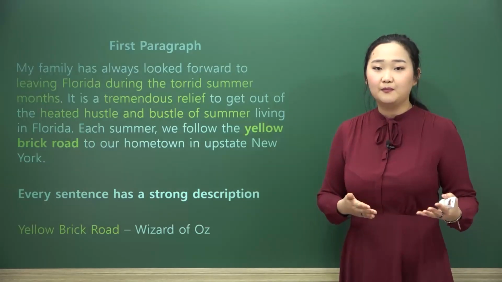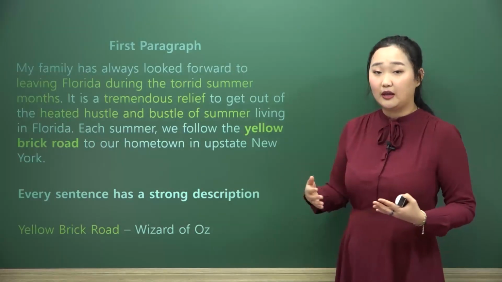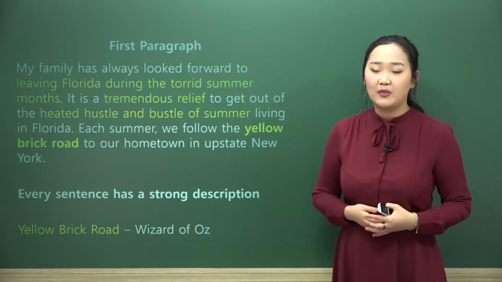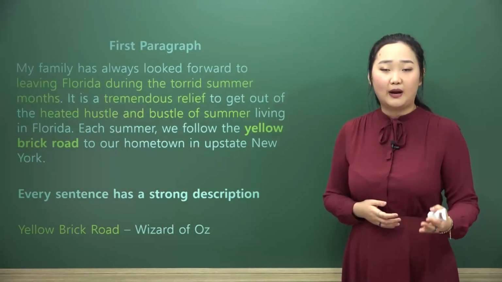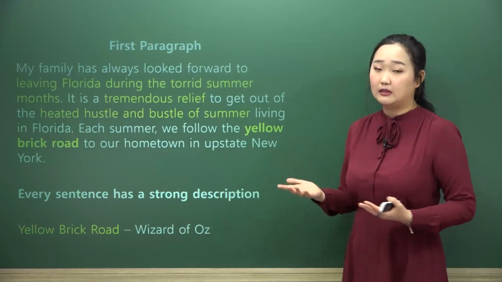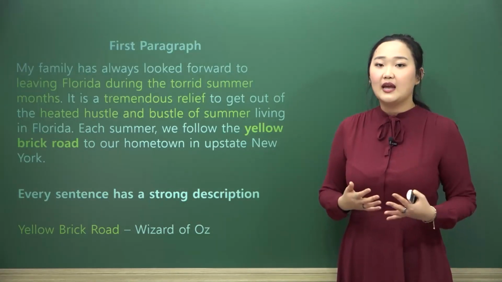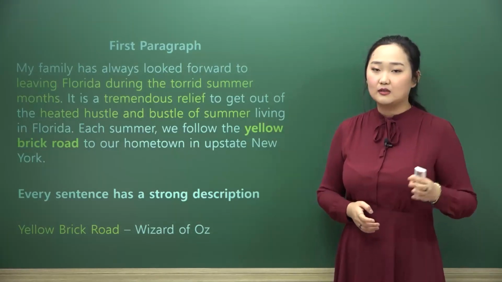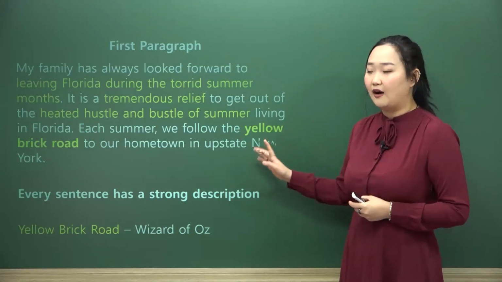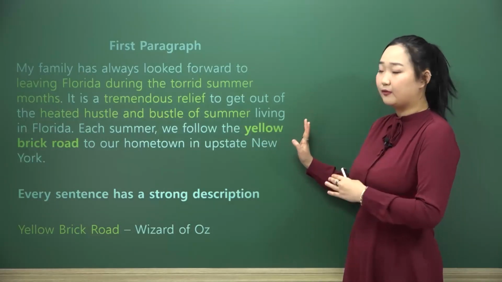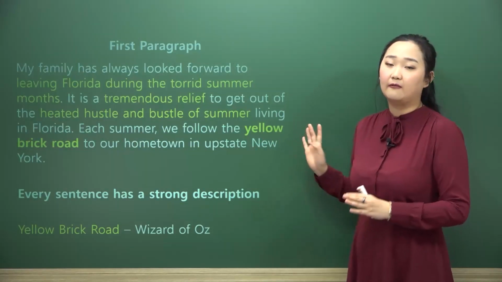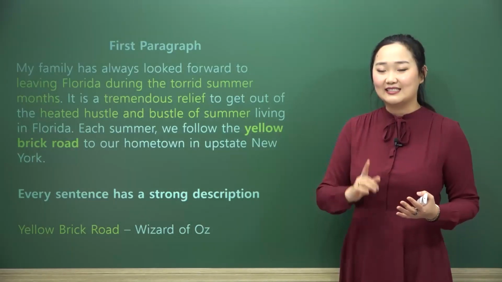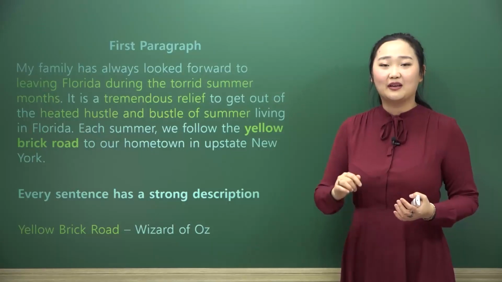Because in the film, the main character, Dorothy, follows the yellow brick road in order to find the wizard and get back home. This is a road that actually leads her back home one day, and so in the same way, the writer is talking about how their family is taking that same yellow brick road to go back home. And again, this is only something you would understand if you have the memory of watching the movie or understanding it first and foremost.